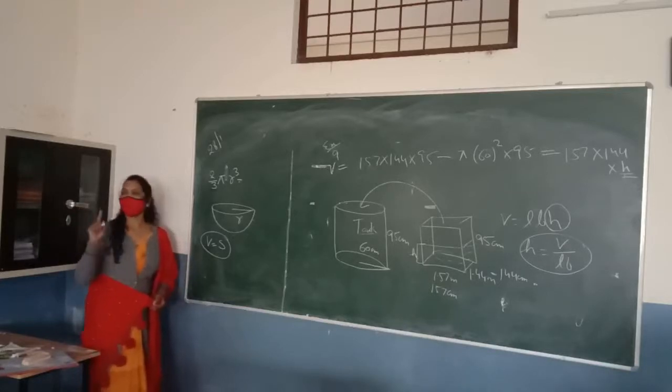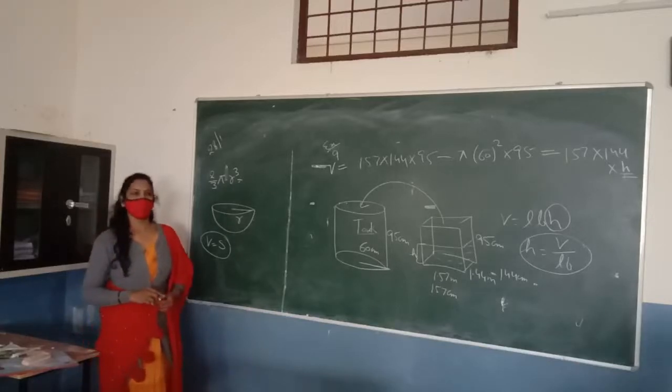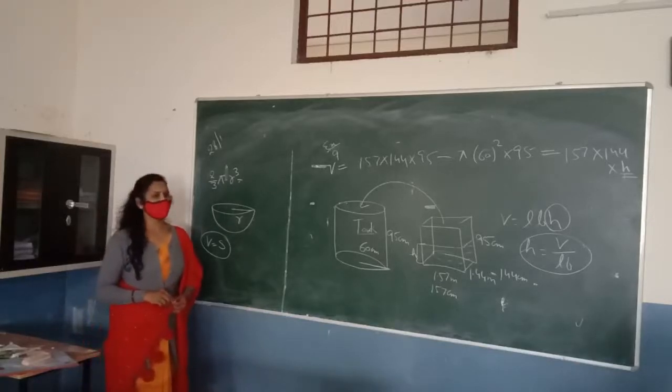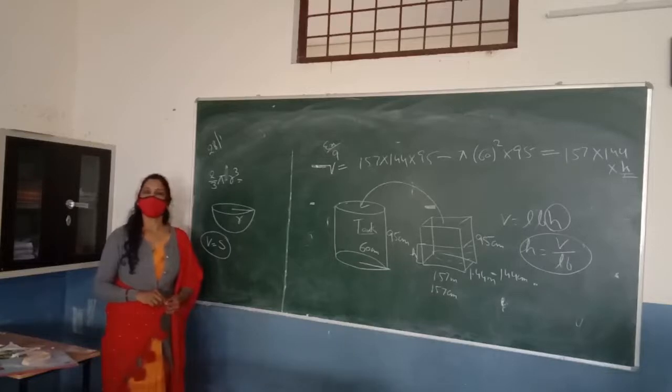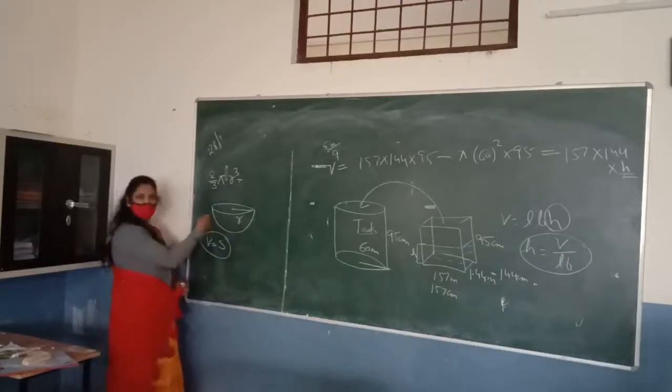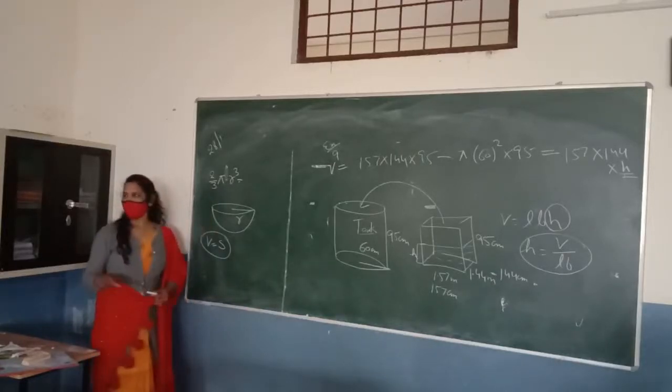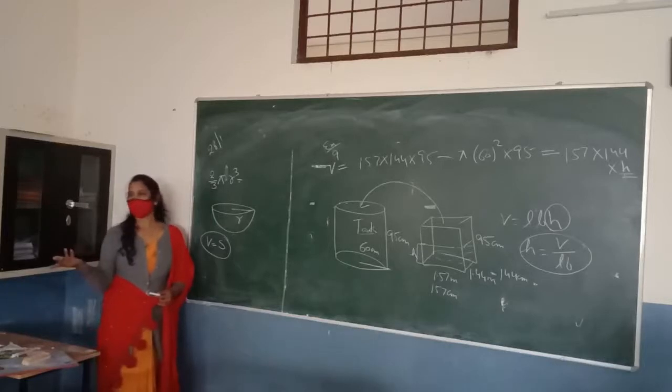Mansi, first of all, you should learn all the formulas. Raghav, what is the curved surface area of the hemisphere? My God. Priyanshu? 2 pi r square. And what is the total surface area of the hemisphere? 3 pi r square. Who was speaking, by the way?